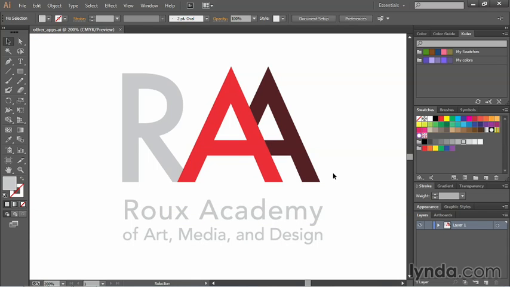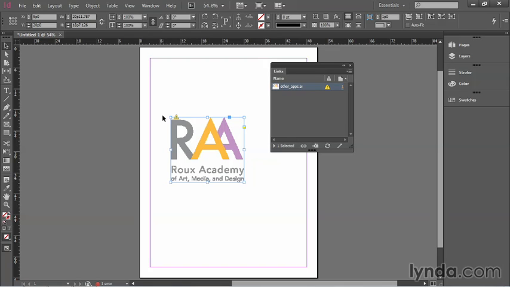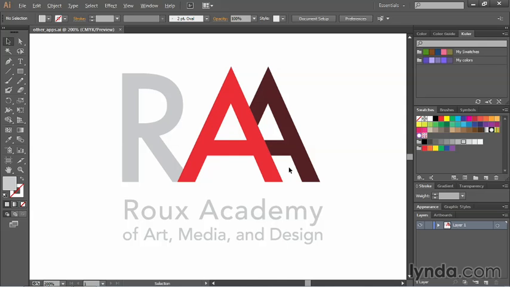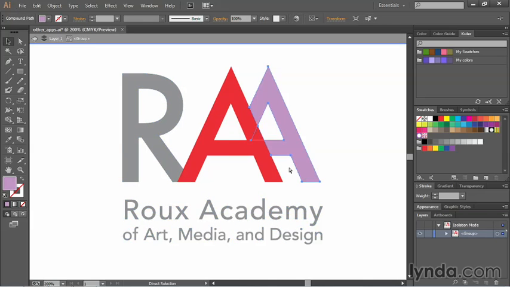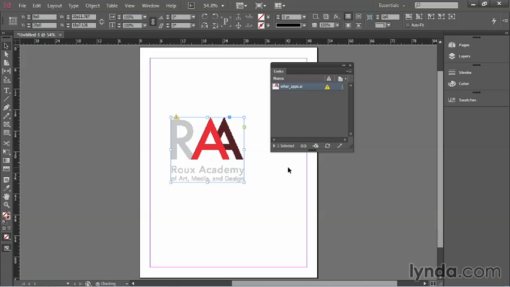When I go out to InDesign now, I see this little yellow icon with an exclamation point indicating something is wrong. And when I hover over it, it says modified. I can actually click right here, and it updates it for me. I could also have just clicked the update button in the Links panel, and it would have done just the same thing. If I go back into Illustrator and undo those changes to get it back to normal and save it, hop back over in InDesign again, hit the update button, and it changes again. So you get that one-to-one relationship between Illustrator and InDesign, but not